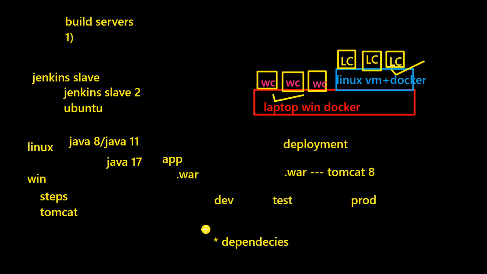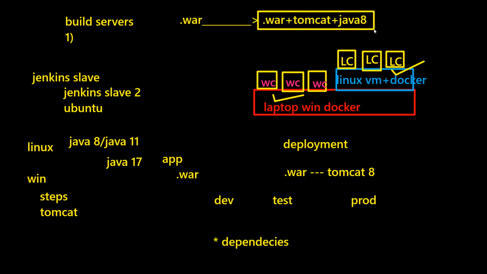To handle this, what are we doing? In the DevOps approach, they will not share this WAR file directly with the ops teams, or else they will not deploy this directly. Rather, they will pack this WAR file along with the Tomcat, along with the dependencies it needs, like the right version of dependencies. They'll pack the application along with the dependencies, and this pack of the application along with the dependencies is called the container, right? This is your container.